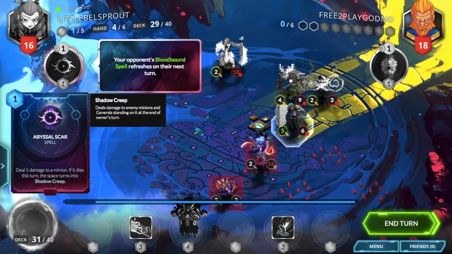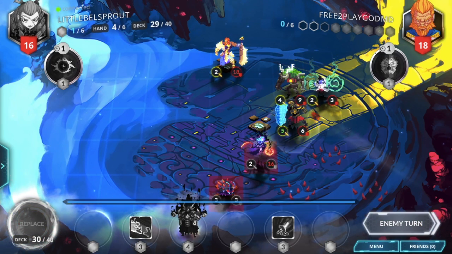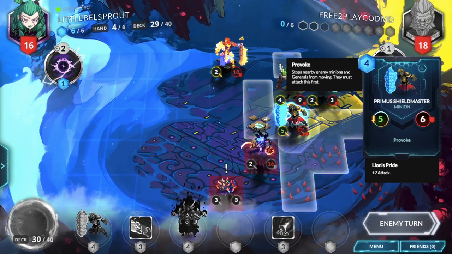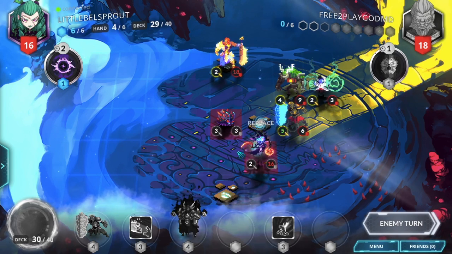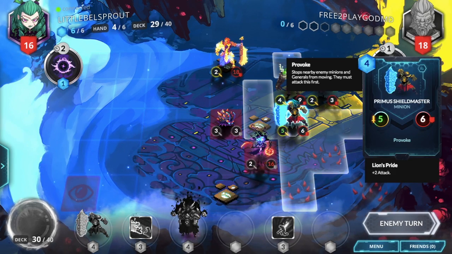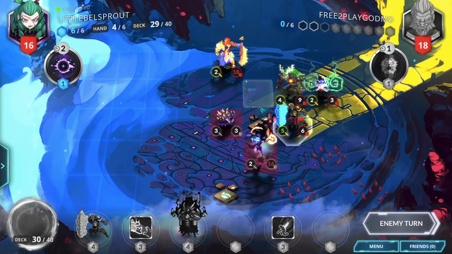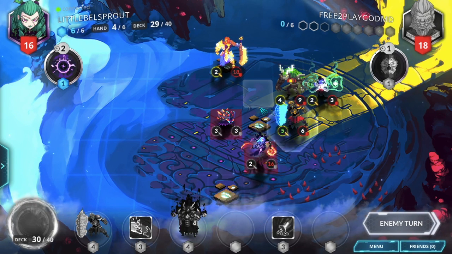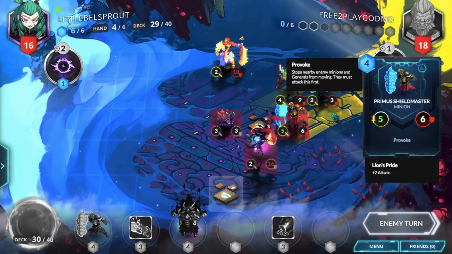So if he does punish something with his Bloodbound spell next turn, he can't get rid of both. If he pings to punish, it'll probably be on this guy, and then he runs away. But if he really wanted to remove both, he could ping punish, come up, hit this, and have his third punish, I guess. But it seems unlikely. And the positioning here for the Primus Shieldmaster means